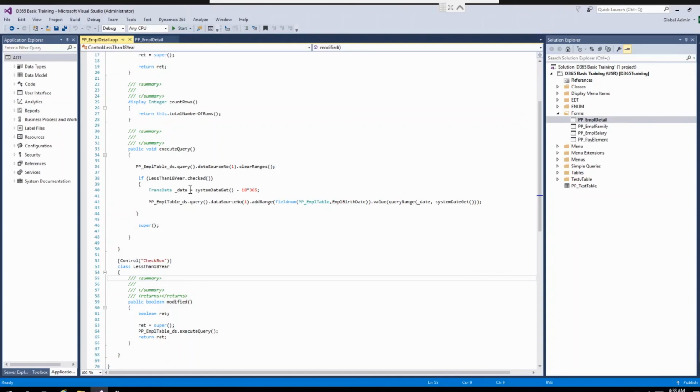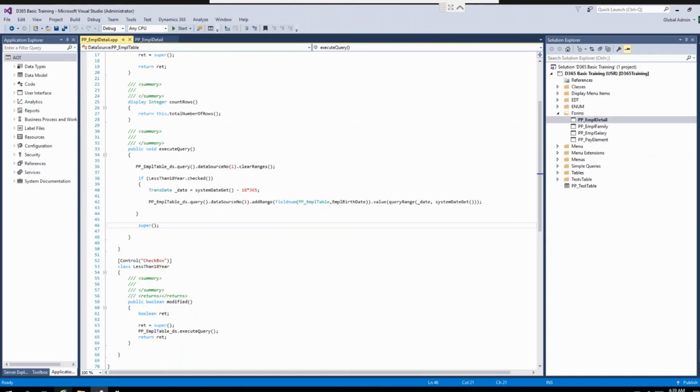So for that we have declared one variable date. In that date we are getting the date which is 18 years before the current date, and we are applying the range on employee birth date, and we are putting the value 18 years till today. So we are getting the data of all the employees whose age is less than 18 years. So our query is ready.